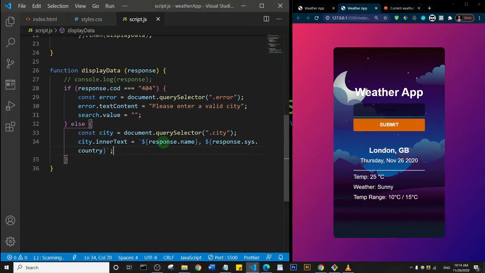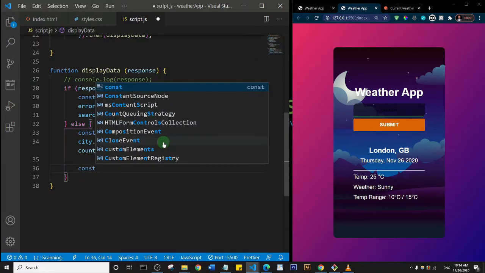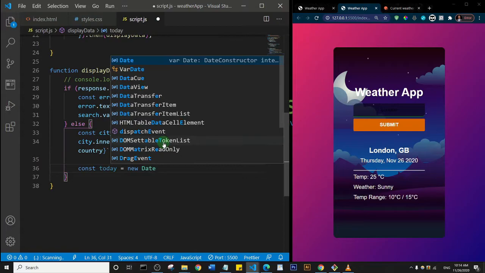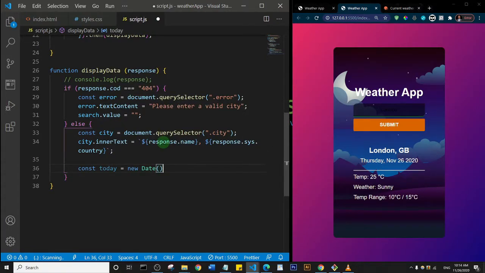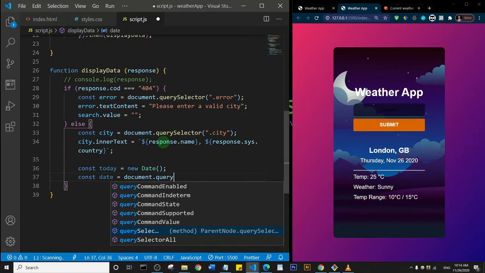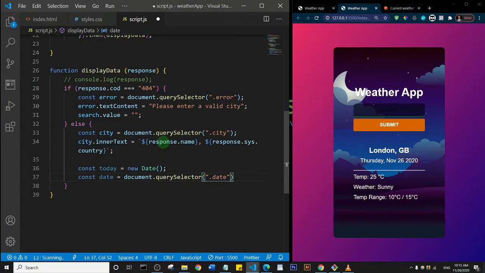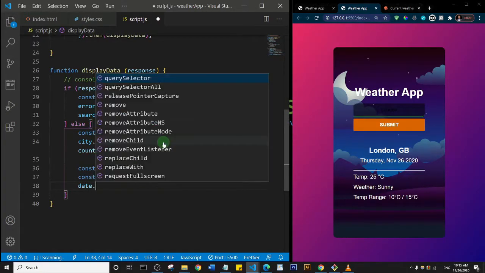For the date I'm simply going to say const today is equal to new Date. Let's close that up and say const date, and set it to be equal to document.querySelector, and let's get our .date, and we can close that up, and we'll then say date.innerText